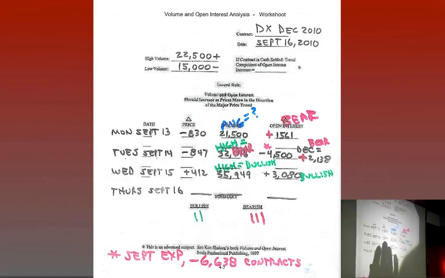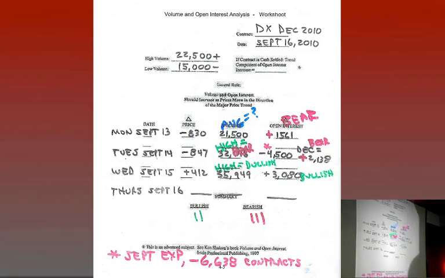Here's the problem we have. Tuesday, well, we dropped about the same magnitude. The volume was 32,000. 32,000, high, average, or low? Well, according to 22.5, it's high. Price down on high volume. Is that bullish or bearish? Okay, it's bearish.